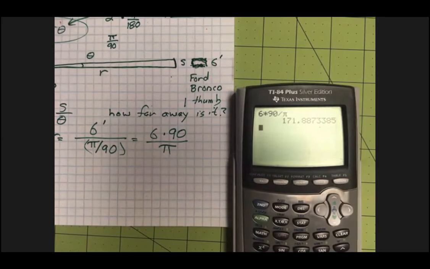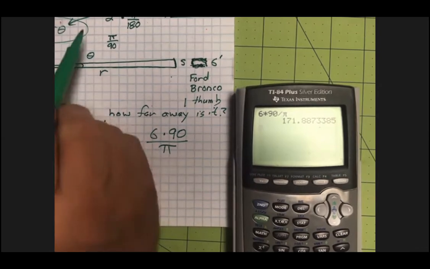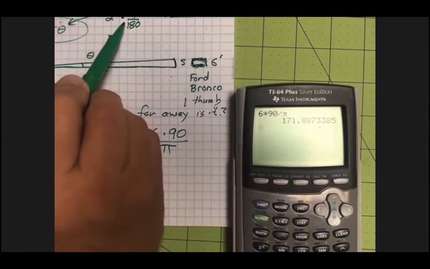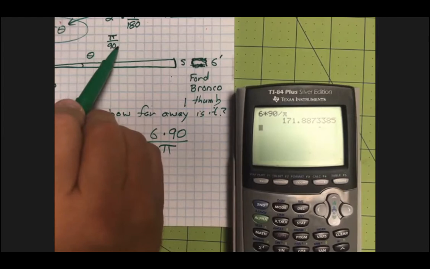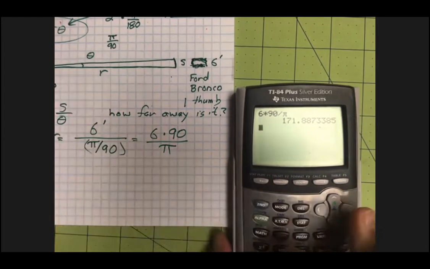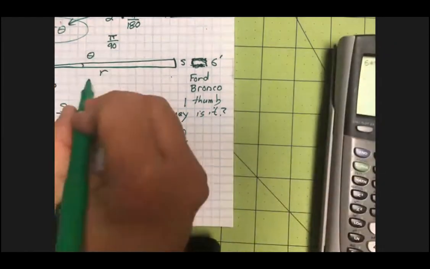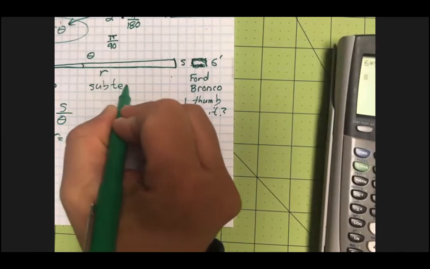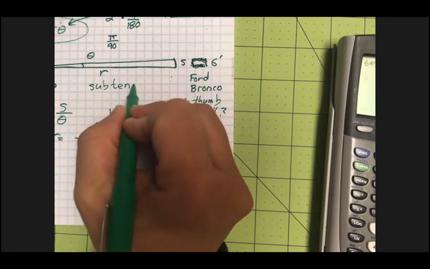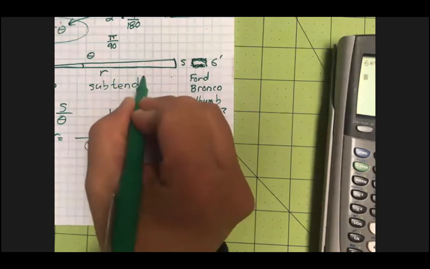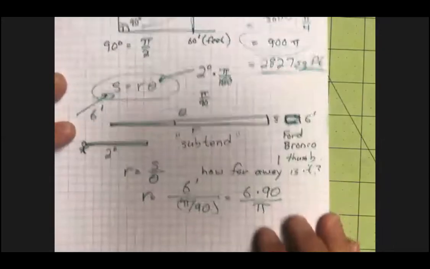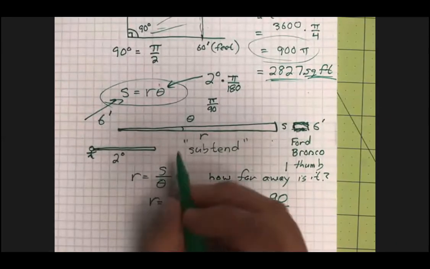What happens if the house down the street is 2 thumbs tall? Well, then 2 thumbs is 4 degrees. And 4 degrees would be pi over 45. What this is called is something that a surveyor would call subtending. If you're a surveyor, then in your toolbox, you have a subtense bar